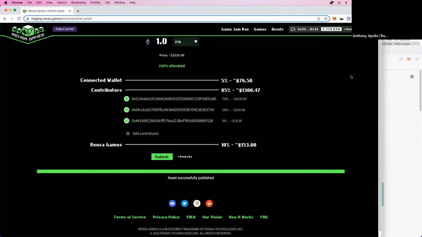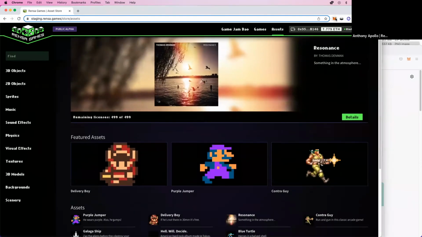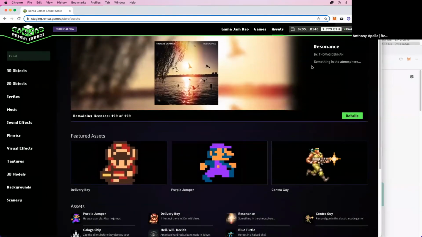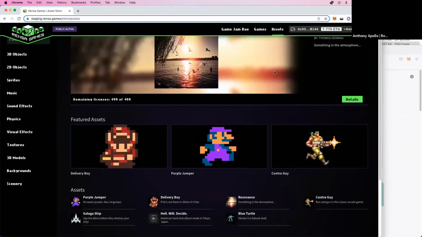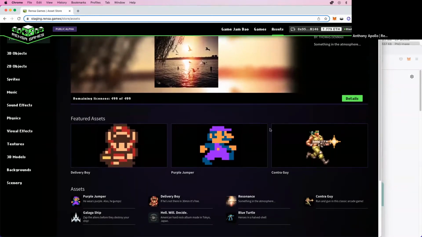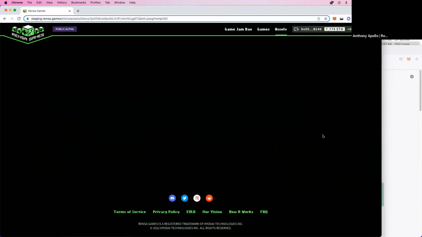Okay, well, it happened in another window, but I've got the alert that MetaMask is done. So we are sending ourselves back to the asset store page. And we can see that our album is actually uploaded here at the bottom. So I will click that quickly to go to this asset page, but I do want to show the transaction